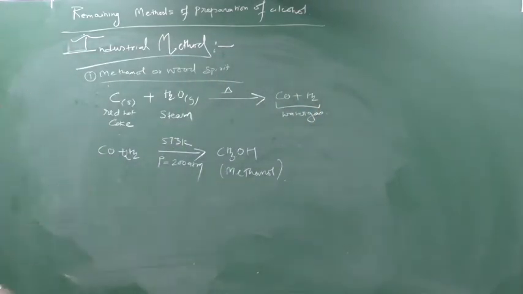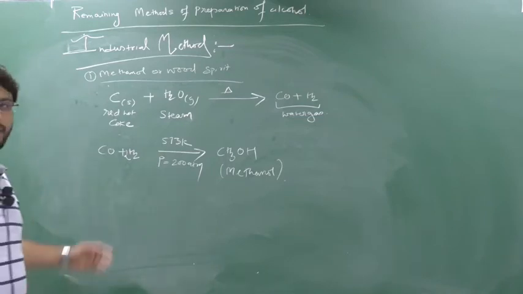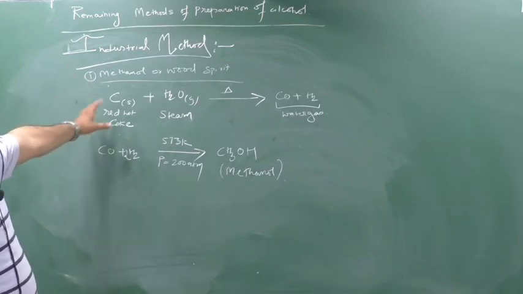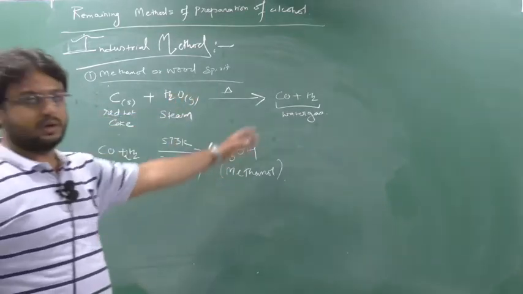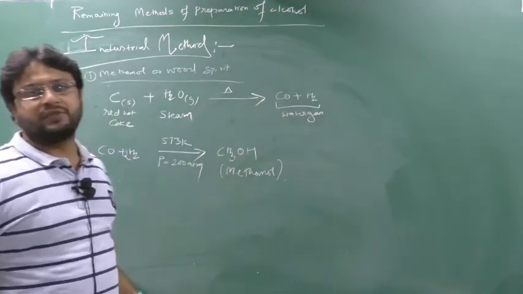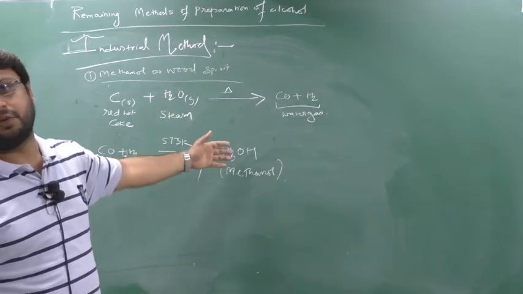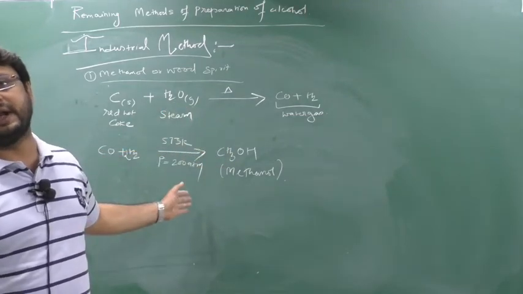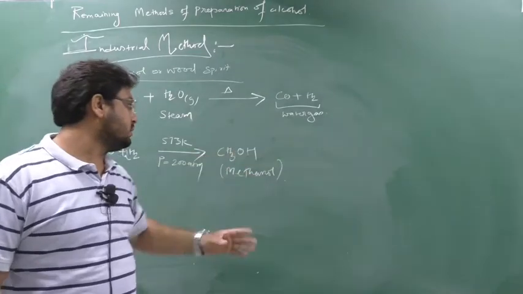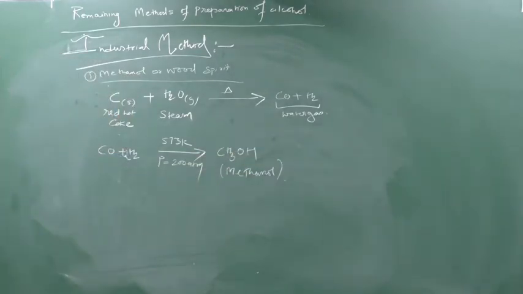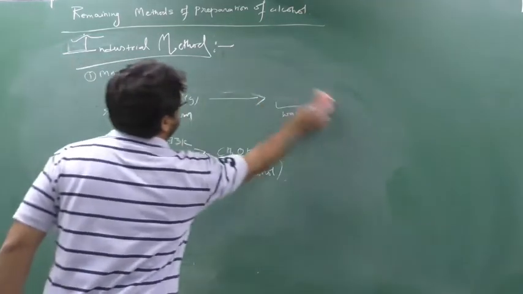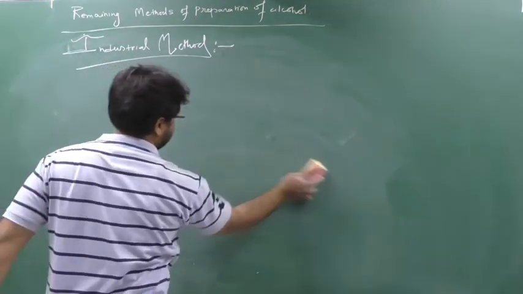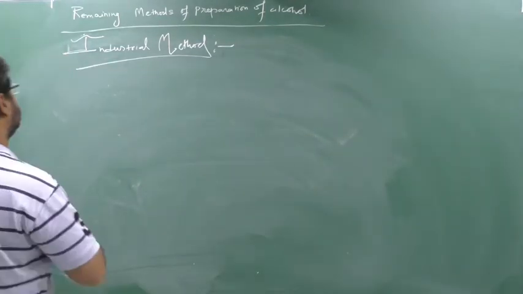Clear this part? Write this down. So this is nothing but an industrial method of preparing wood spirit or methanol. Clear? What to do? You take red hot carbon, very highly red hot, and react it with steam at an elevated temperature, so it will form water gas, that is CO plus H2. Now this CO plus H2 is again further heated to nearly 573 Kelvin at a high pressure like 200 atm, so it will form what? Methanol, or we can say wood spirit. Clear? Done? Okay. Next, the second preparation we can see is ethanol.